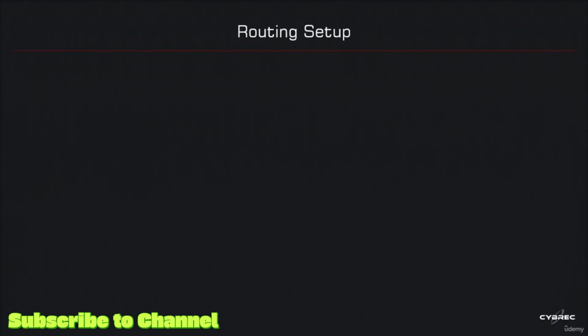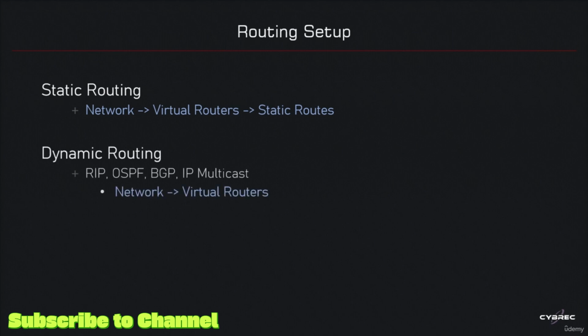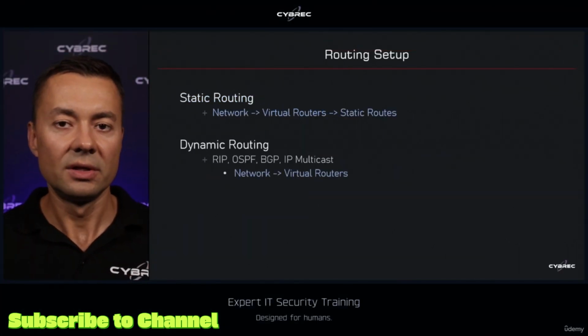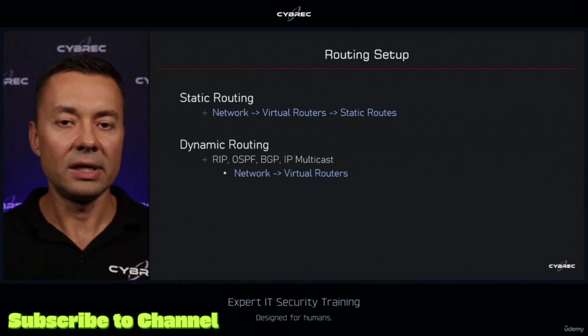Another thing we'll now take a look at is how to configure routing on the firewall. We have two routing methods that we could use on PAN-OS. Certainly the easiest way is going to be to just configure static routes for network virtual routers. Or as an alternative, you could also use dynamic routing with RIP, OSPF, BGP. You could even configure IP multicasts and use some advanced routing features such as policy-based routing or even